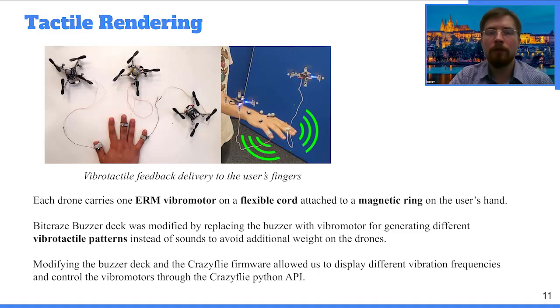Bitcraze's Crazyflie deck was modified by replacing the buzzer with a vibromotor for generating different vibrotactile patterns instead of sounds, to avoid additional weight on the drones. Modifying the deck and the Crazyflie firmware allowed us to display different vibration frequencies and control the vibromotors through the Crazyflie Python framework. One of the main advantages of the proposed display is its ability to deliver feedback independently